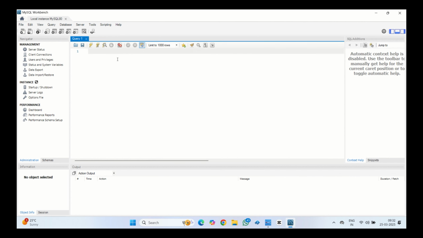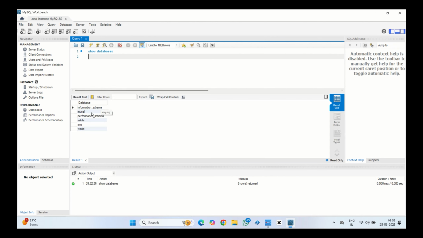Now we will check only the databases. So type show databases plus control plus enter. Okay, it's showing the databases. It's working. To run this, you can also click on